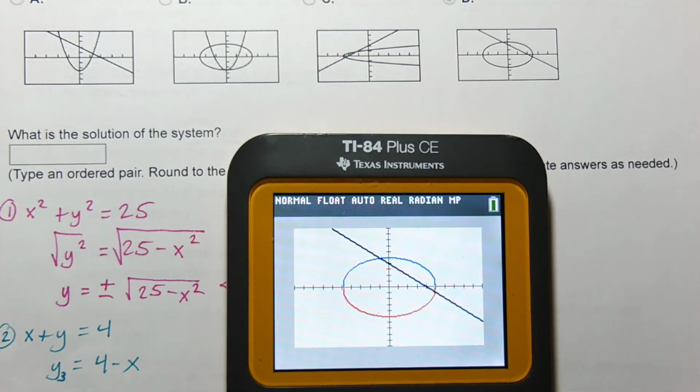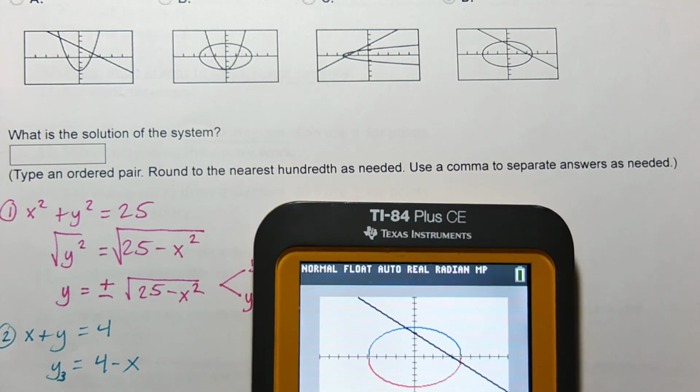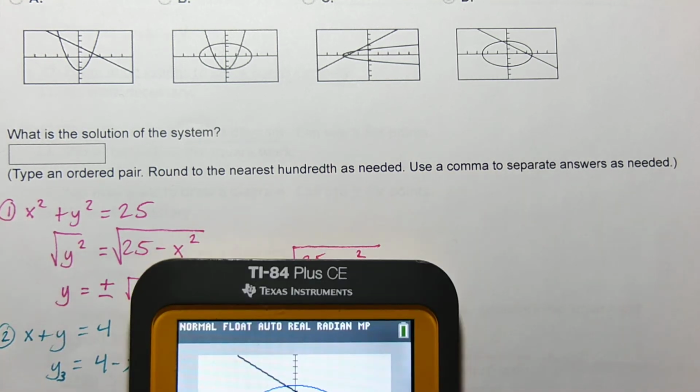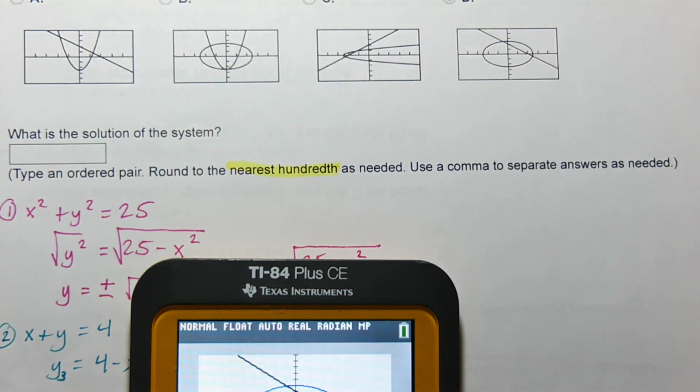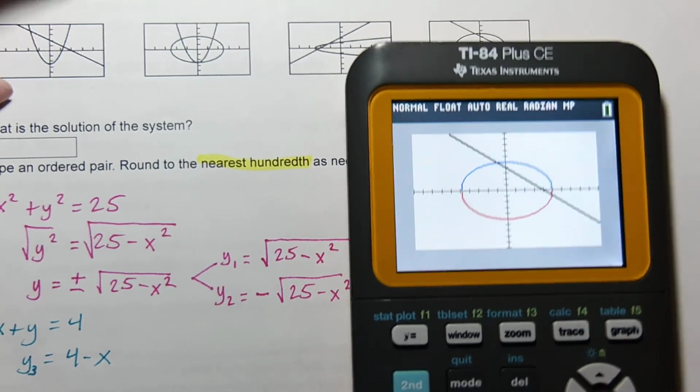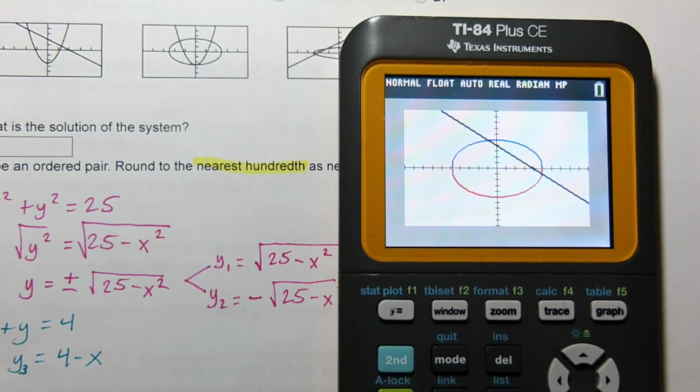So we can clearly see that this should be choice D for the graph, but now it wants us to write the solutions to the system, typing an ordered pair and rounding to the nearest hundredth. Folks, pay attention to your rounding rules. That is important. And this one's a little bit different than the one we demonstrated yesterday, because yesterday we only dealt with the third prompt of using the guess, where you move closer to whichever of the 2 points you're trying to find. This one's a bit more complicated because I have to be careful with those other 2 prompts of